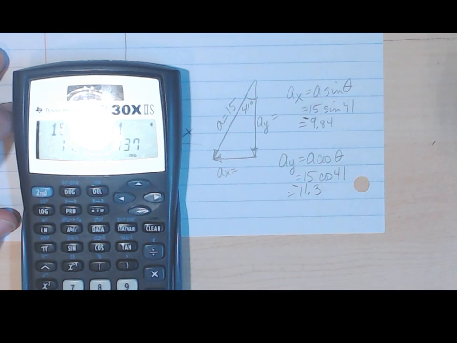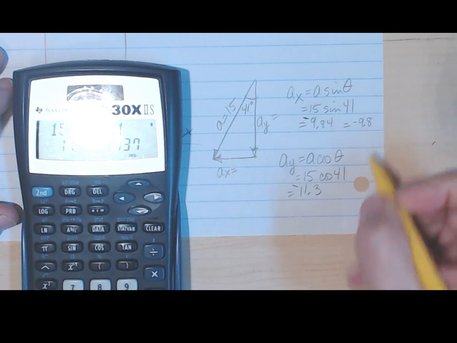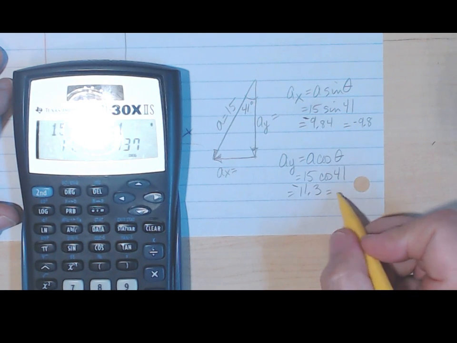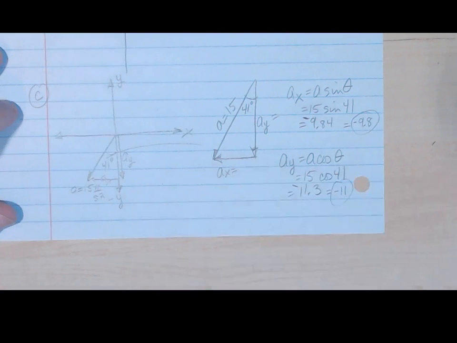Okay, now they told you to do this for 2 significant digits, so this would be minus 9.8, and this would be minus 11. Okay, that was part C. Is there a part D on this? There is not. Okay,